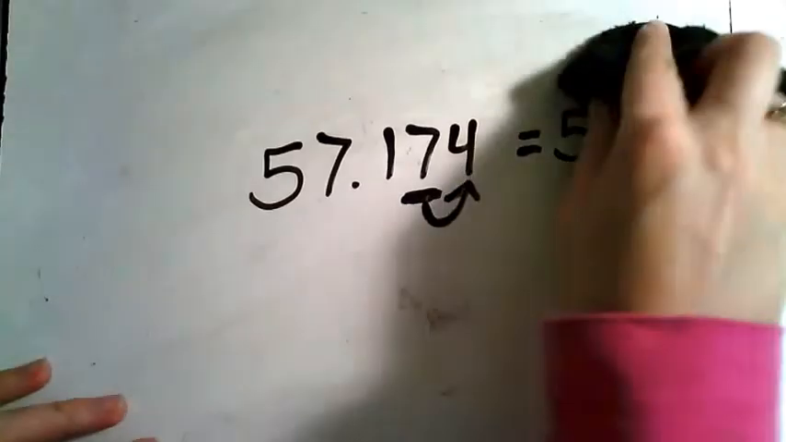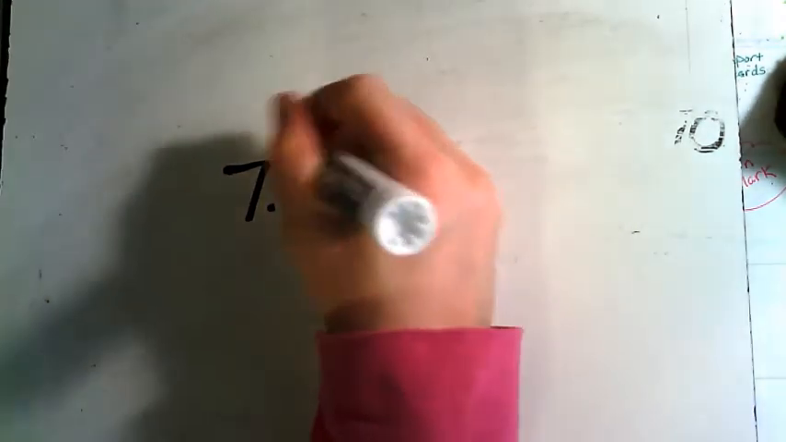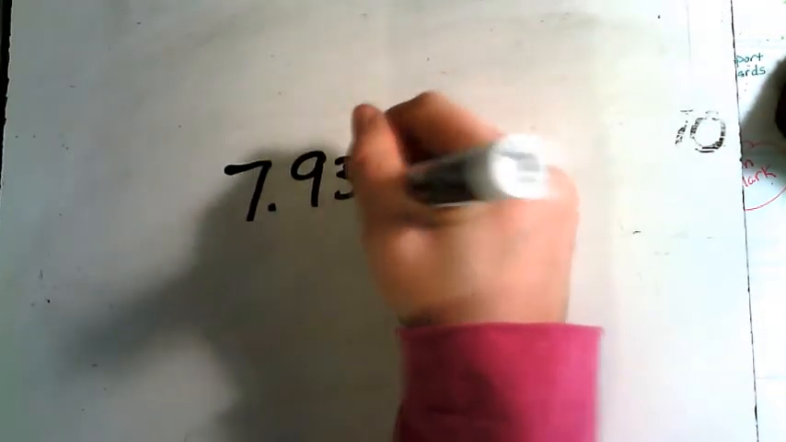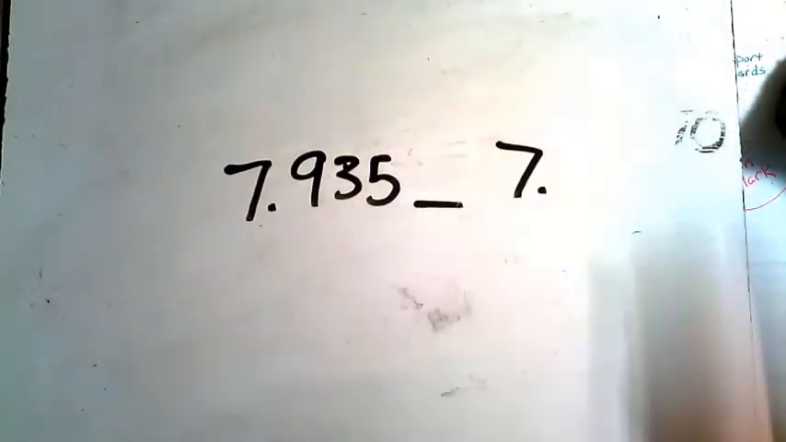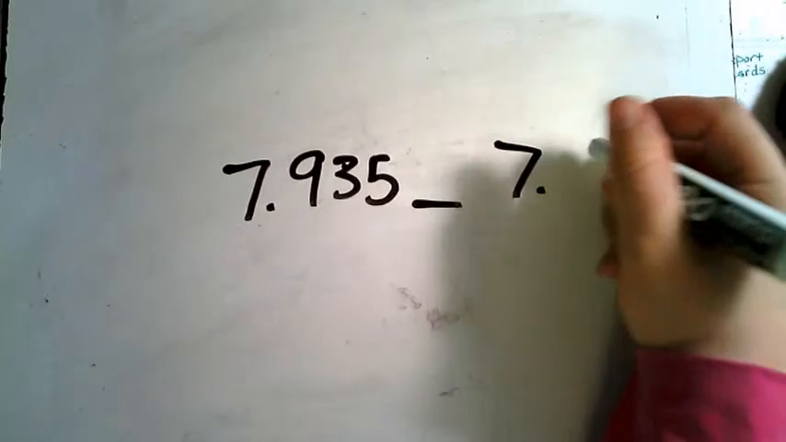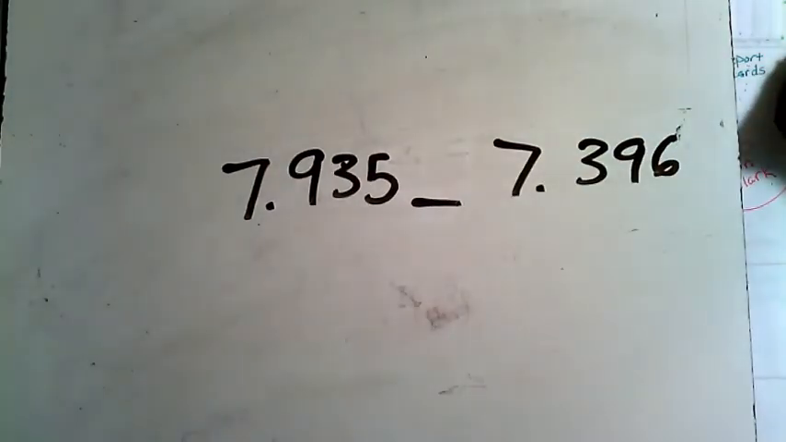All right, let's look at the next problem. Number 5 is a comparison problem. So we have 7 and 935 thousandths, and we're going to compare that with 7 and 396 thousandths. Okay? So remember, when we compare two numbers, or in this case 2 decimals, we're going to start